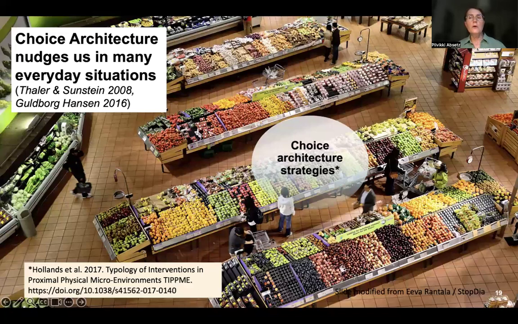Choice architecture is another cluster of strategies that can be used, and that is being used. If you think about supermarkets, they are using choice architecture strategies. That's how the microenvironment is organized to support